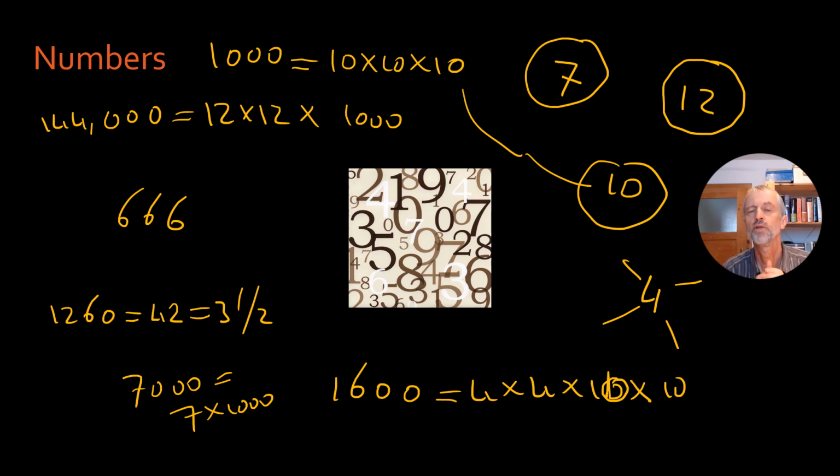Some of the other numbers that I have written down here actually are composite numbers. One that I didn't write down is 1000 years, which is 10 times 10 times 10. It stands for a very long, complete time period. 144,000 is 12 times 12 times 1000. 7,000 is 7 times 1000. And then there is 4 times 4 times 10 times 10, 1600. So you can see that really there's only a few numbers used over and over again in the book. Most numbers never make it